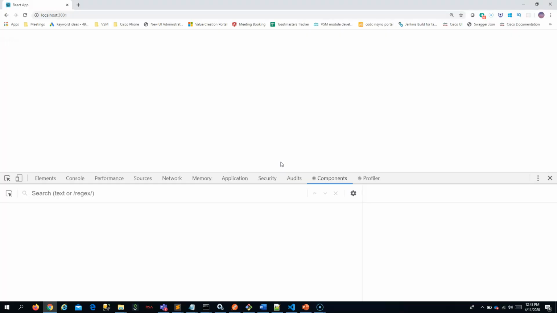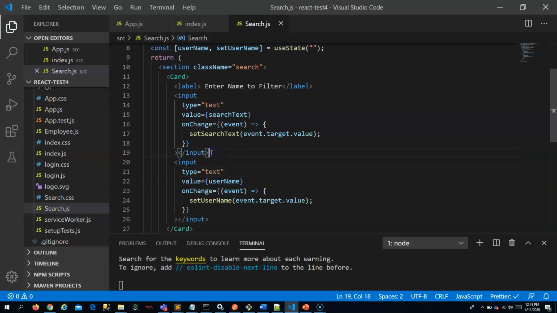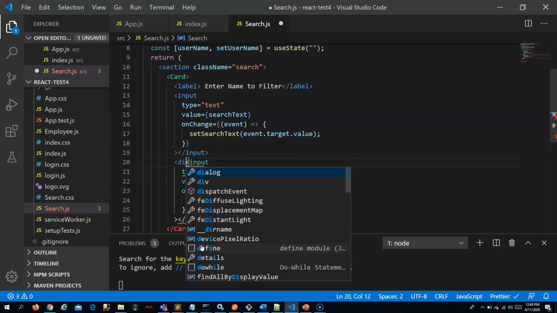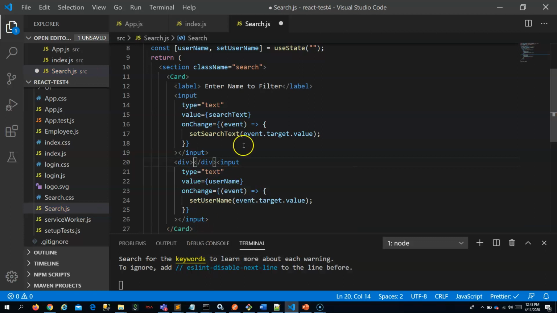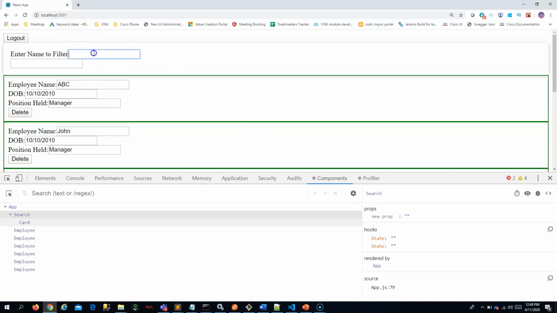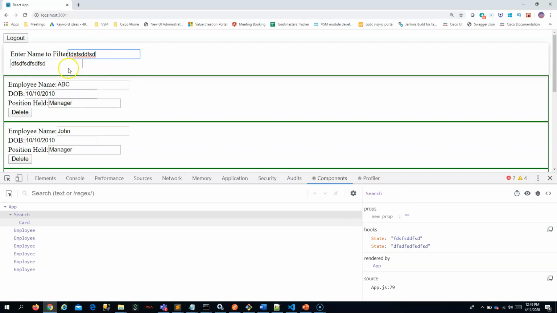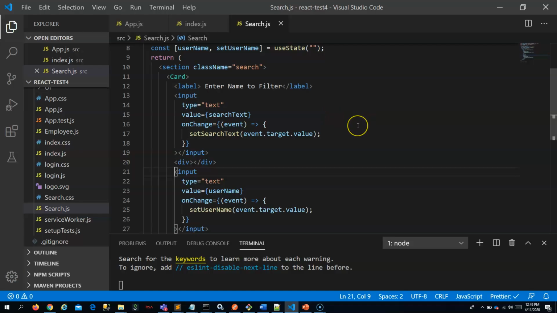Now if you see, you will be seeing two search boxes. Maybe you can add a div here so that it comes down. So it comes down, right? Now you are able to edit two states. Whatever I entered here is coming in this state. So this is how you have to implement state in a functional component using